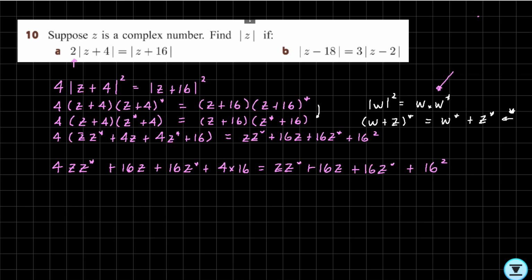Okay, and now we can see that we've got a 16z, the conjugate of that. And now we can just gather our like terms, okay? We also know that z times the conjugate of z is the modulus squared. So we're going to go backwards. So using that one backwards, we get that squared, and I'll take away that 1 from the other side. No, let's be nice. Let's be very neat with our working and not make it mushed up. So plus 64 equals